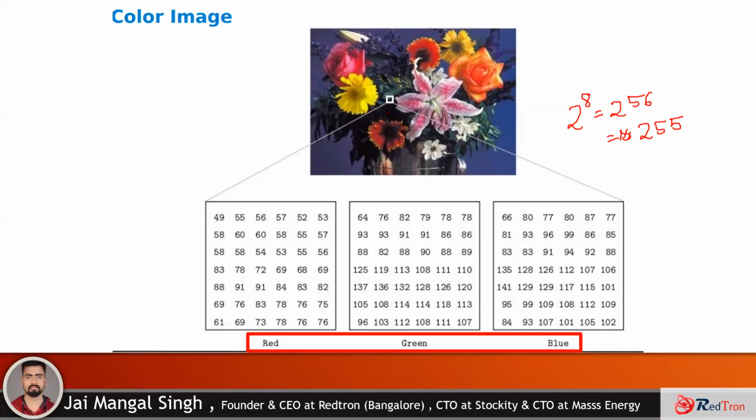So here you are seeing that a particular small portion comes in a darker portion, so that's why the values of each layer are in the range of 0 to 255 only. Okay, so this is our first red layer information, a red matrix. Then this is our green matrix, and this is our blue matrix. So it depends on what portion we are targeting. If it is going closer to the greenish part, then the value of the green layer will be higher compared to the red layer information. Okay, so like that.